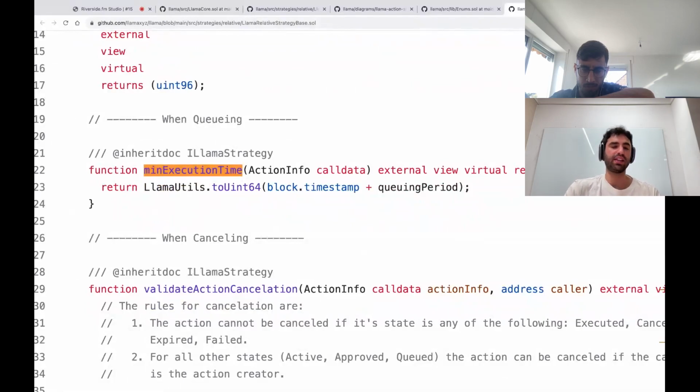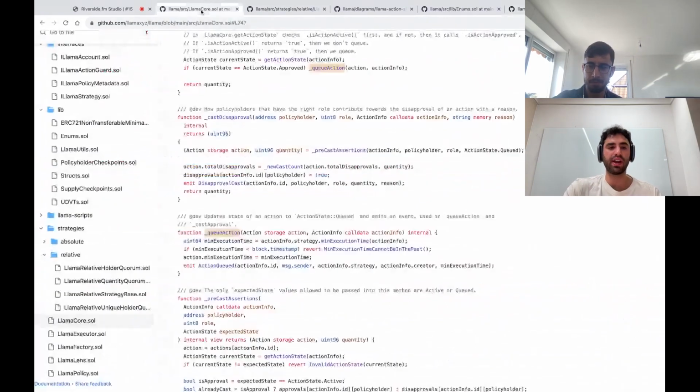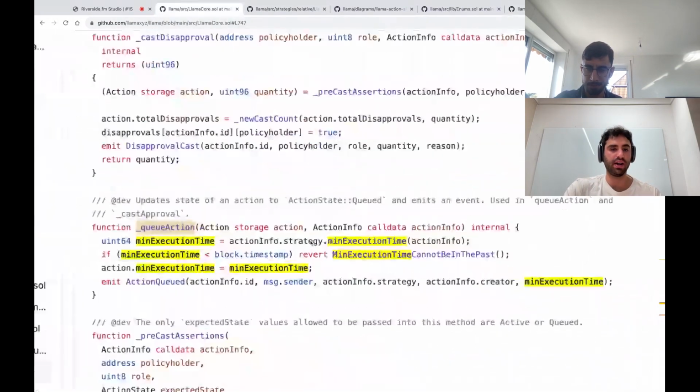All it's saying is that after the queuing period, the execution period begins. But we built things in a modular way, so theoretically a new strategy could be created that specifies a different min execution time.